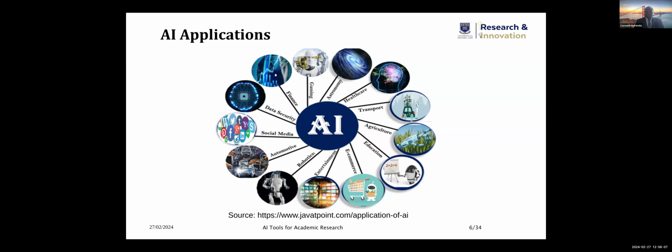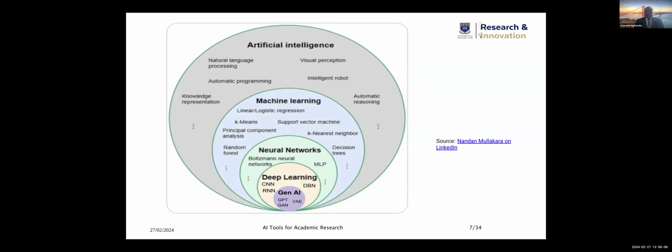And so what is the biggest picture in terms of AI? You see that we have this bigger block here, and that is artificial intelligence. Basically and historically, things like natural language processing, knowledge representation, automatic reasoning, intelligent robots are all part of what we call AI. But within that AI,